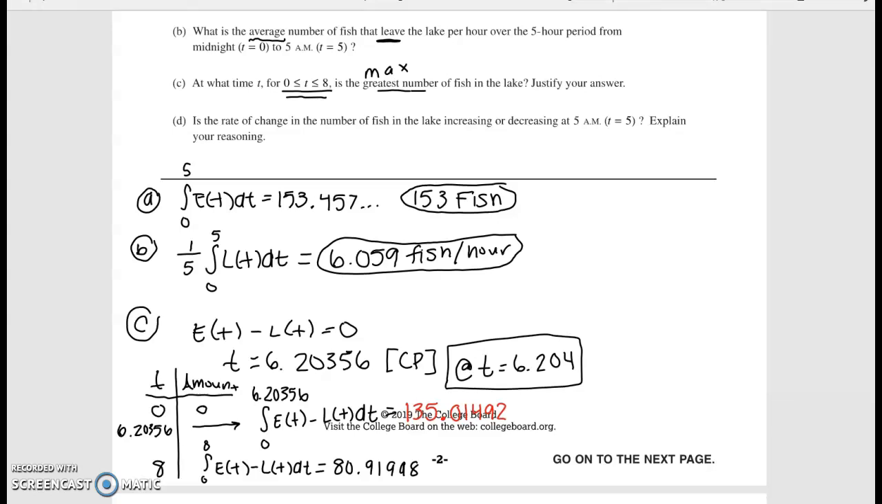Okay? And now letter D is the rate of change in the number of fish increasing or decreasing. So anytime they want to know if a function's increasing or decreasing, we're going to look at its derivative. But now they're asking if the functions, which are already rates of change, is increasing or decreasing. So it's asking you to derive what they already give you. Okay, so I'll do that in a different color just so it stands out over here. So letter D,